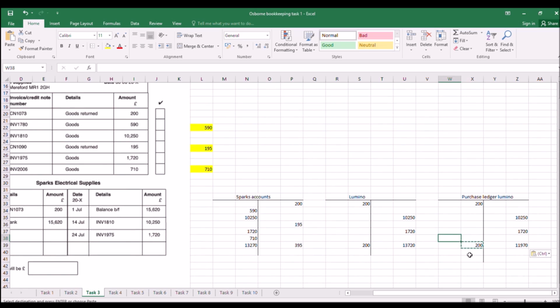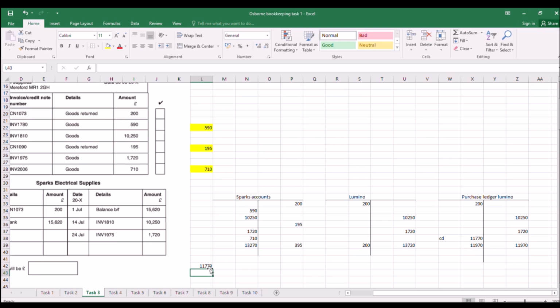So in order to pay it off, we would have our carry down in here, which is going to be 11970 minus the 200 to balance it. That would be our carry down. That would be what we're going to have to pay. So we're going to pay that one off there. So the amount paid is going to be